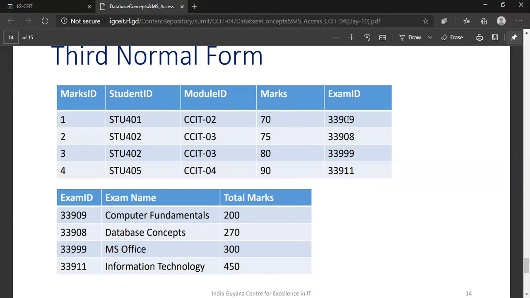And exam ID will give me the name of the exam, that is computer fundamentals. And the total marks is 200. So if you see, there is no transitivity here. All columns are dependent.